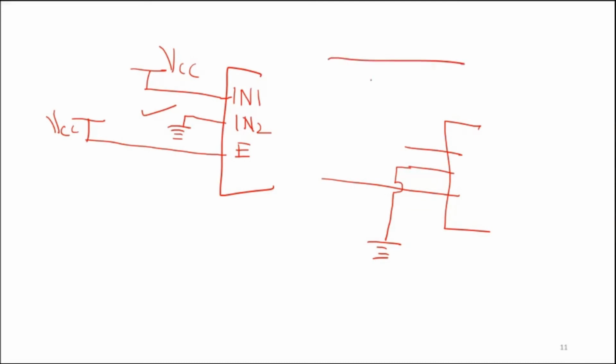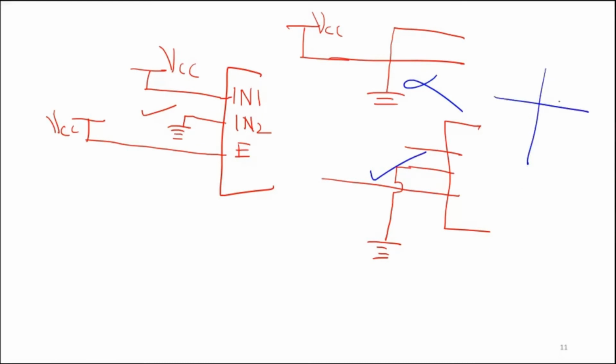So don't draw circuit diagrams like this, connected to power supply VCC and enable line. Sir told that if there is no dot, we don't have to bother about it. So don't draw circuits like this. I don't recommend you to do this. Though this is electrically or technically correct, you are not supposed to follow this notation. This is the proper way of doing it. When 2 or more wires are supposed to be crossing, don't simply cross them like this. Rather, cross them with an arc like this. This is the correct way of doing it. All of you understood?